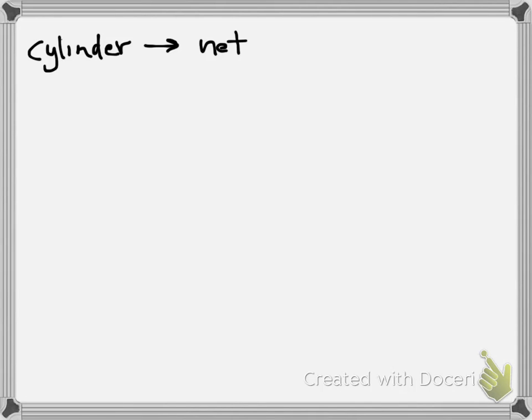So here's my little cylinder. You can see what the top and the bottom are. You can see that the side is curved, but my hope is to open this up. So what do you think I'm going to see when I open this up and lay it down flat? Susie? Okay, so what we're going to do is I'm going to draw my picture of how it looks. The 2 key pieces are a radius and a height. So when I open this up,